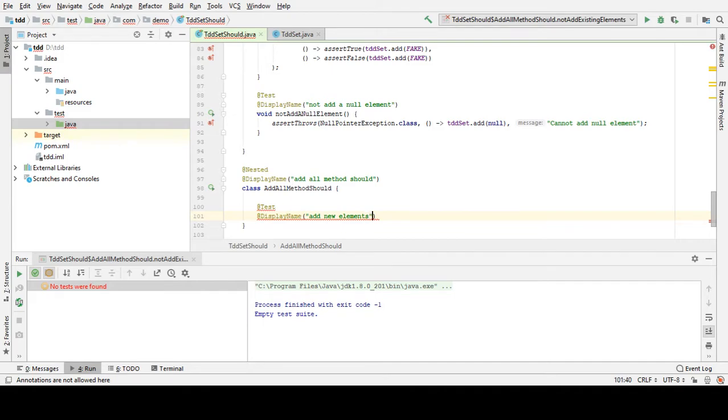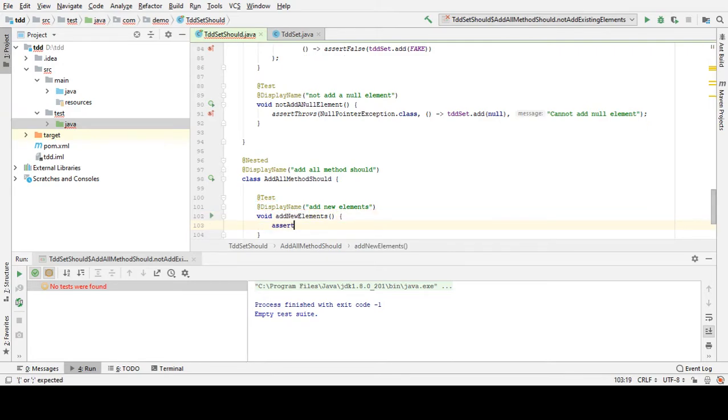So it should add new elements, okay? So void add new elements, okay? So we go right there, we assert true that the TDD set addAll. We could instantiate an ArrayList right here,